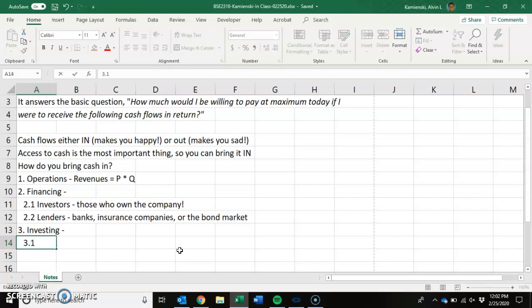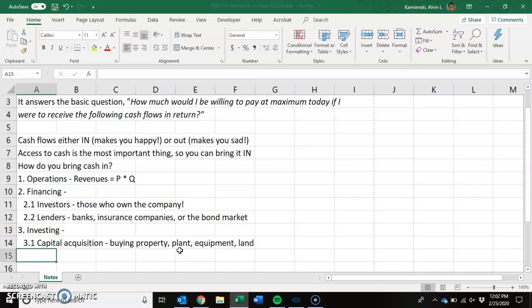Investing, I think of as two ways. Number one, capital acquisition. What does that mean? Buying property, plant, equipment, land, all that expensive stuff. You learned it as capital assets in economics. Long-term, lasting, durable goods. Or sometimes